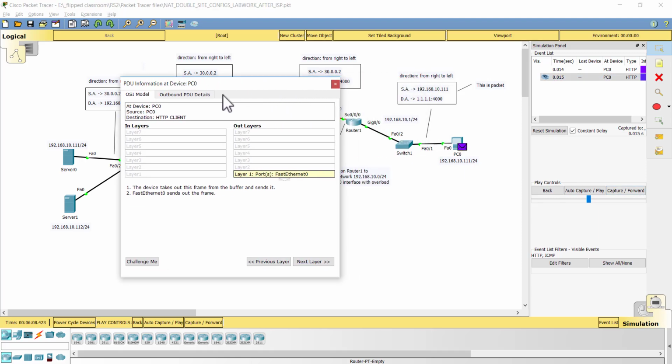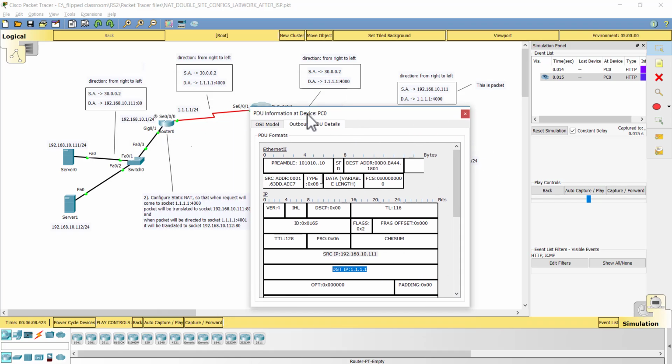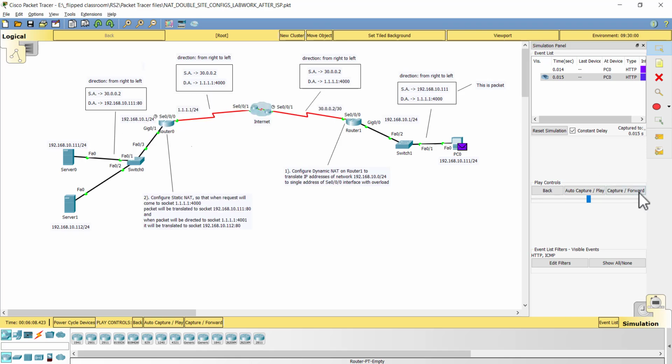packet, which is directed to, as you see here, the source IP address belongs to PC0, and the destination IP address belongs to our foreign router with IP address 11.11. And then let's click on the button capture and forward, and we'll see that our packet is received by the router, and when the router is retransmitting this packet, we'll catch here our